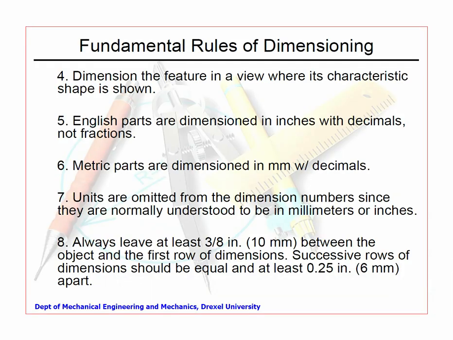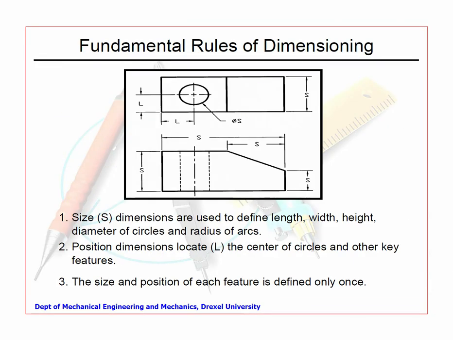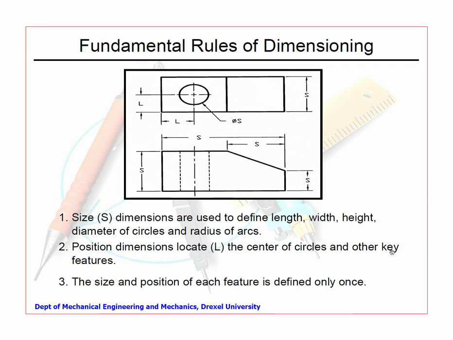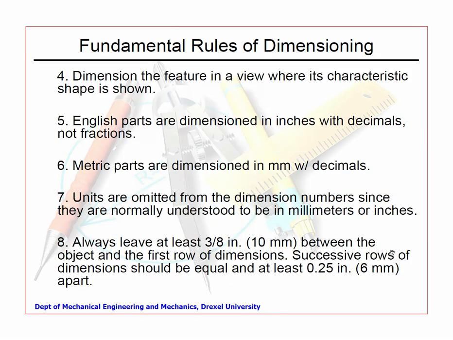Now, if you go back to my slides again, length, width, height, position, dimension, size and position of each feature is defined only once. Very critical thing is why it is showing only once. If I change it in one place, automatically people have to refer to this and nowhere else, and two contradictory things should not happen, because often whether you like it or not.